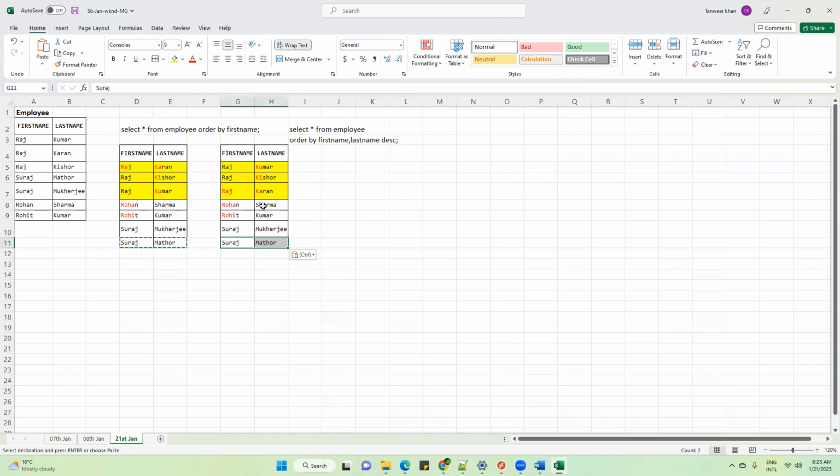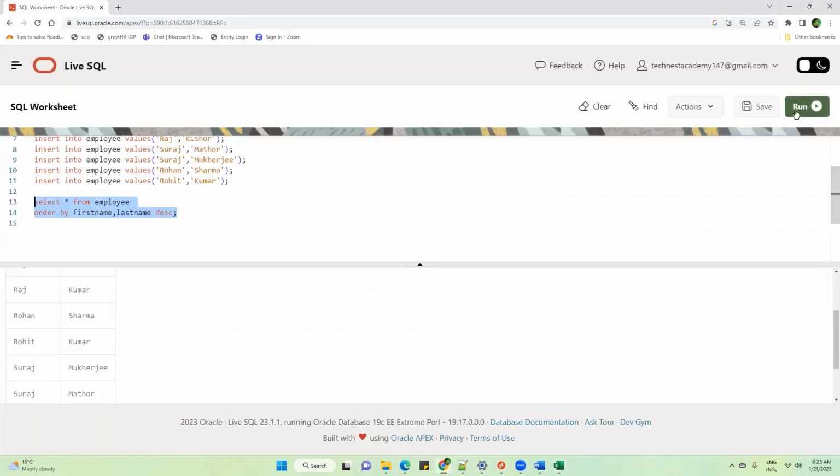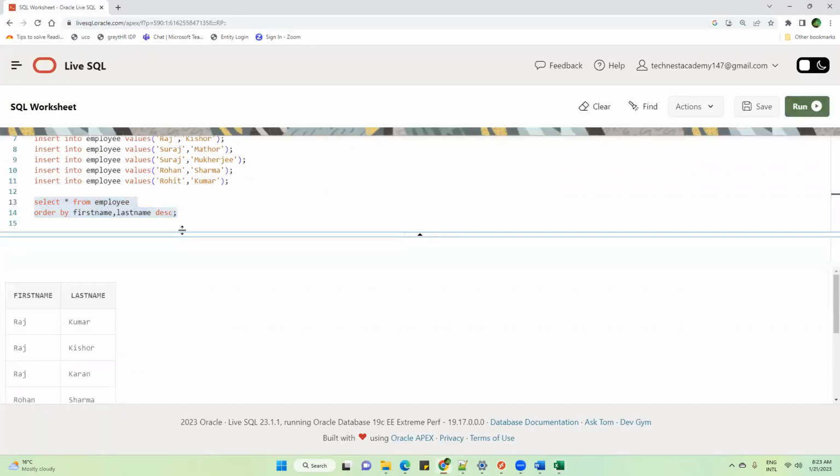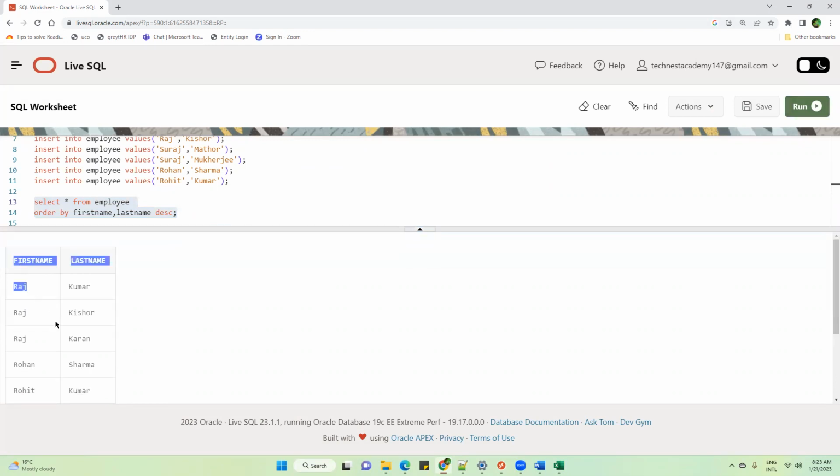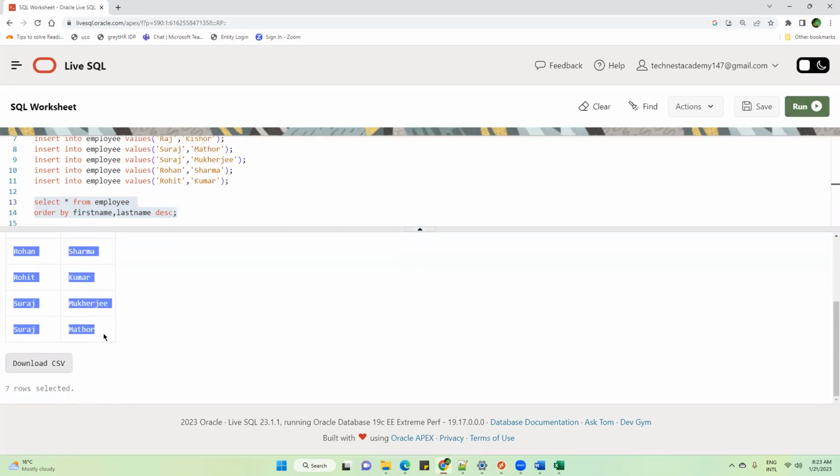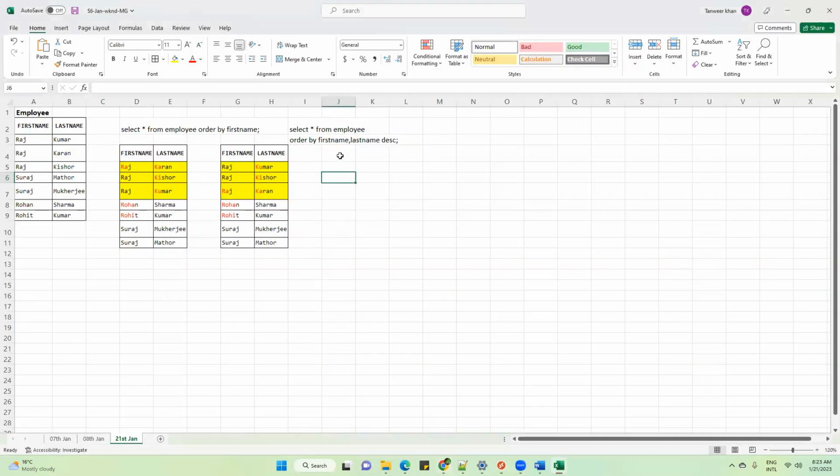This is as per our analysis. Now let's check what the engine output is. I'm running it. Same way you have to practice SQL. This is very important. First of all, analyze as per your understanding and check the output of the engine. Is it the same output? Yes. Okay, so this is how it works.